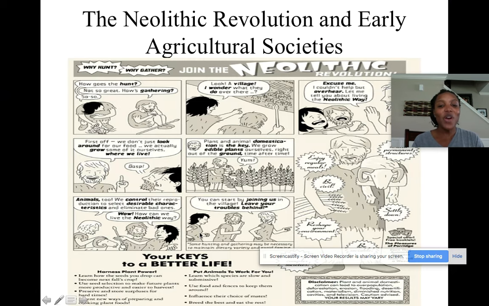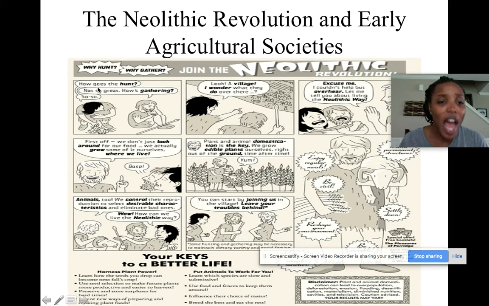All right. So I love world history and learning about Neolithic, which means new revolution, and how us as a modern people or as humans begin to develop. I love this little cartoon.